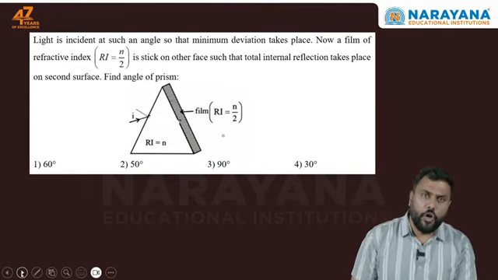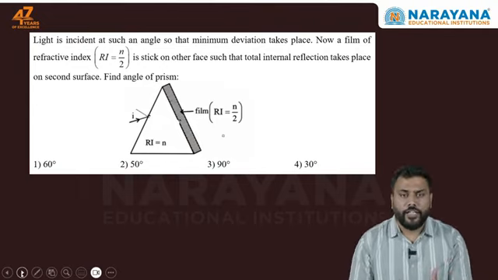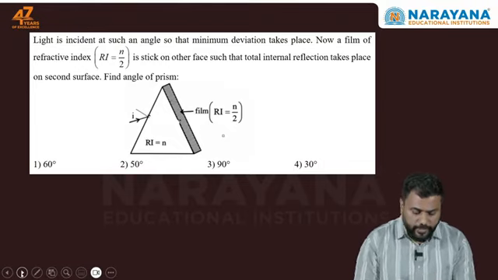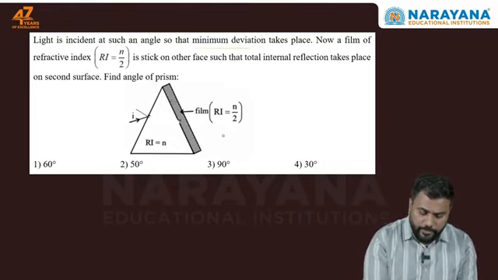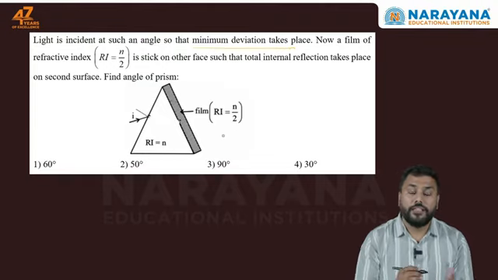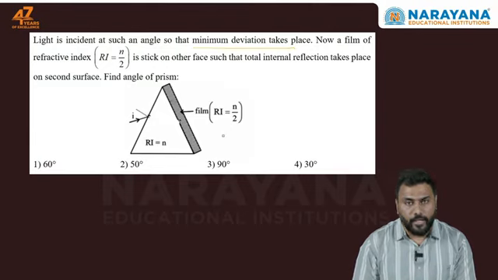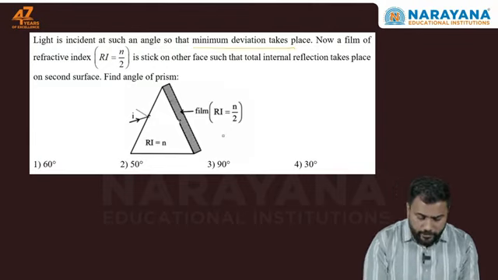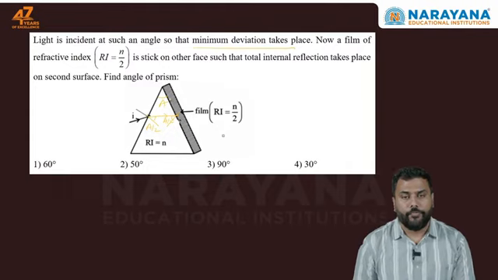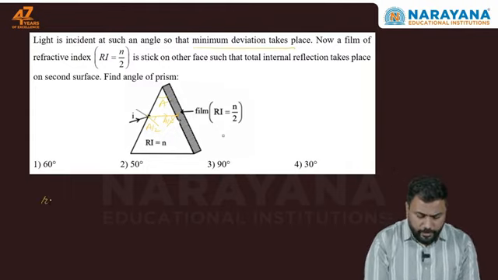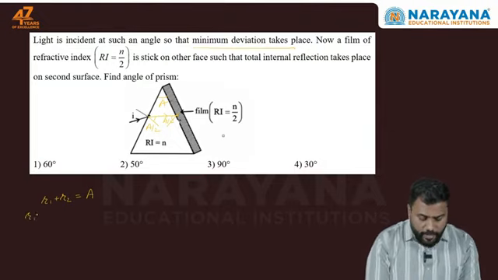Next question is based on optics. It is involving the idea of TIR and prism. The question is saying that first the prism is set up such that minimum deviation is taking place. The incident light is coming at such angle of incidence that we are obtaining minimum deviation angle. In this case, we must know that the angle of the refracted ray inside the prism is A by 2 on both sides if the prism angle is A. You can get this relation because R1 plus R2 is giving the prism angle and R1 and R2 are equal, both equal to A by 2